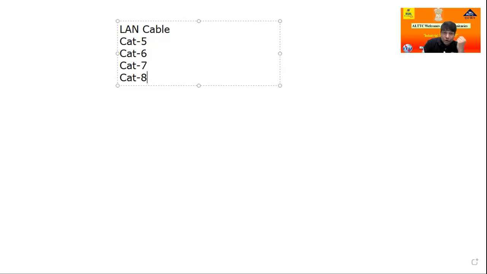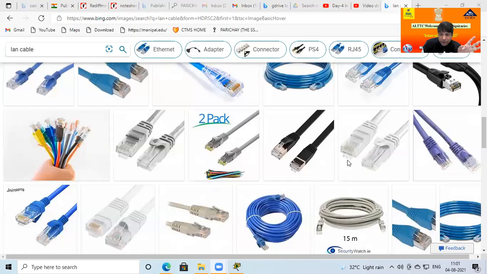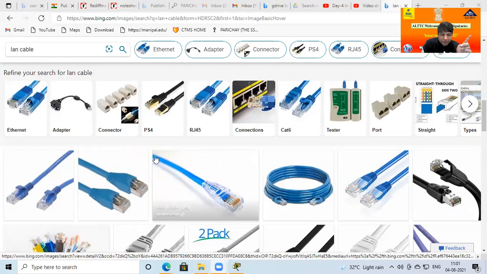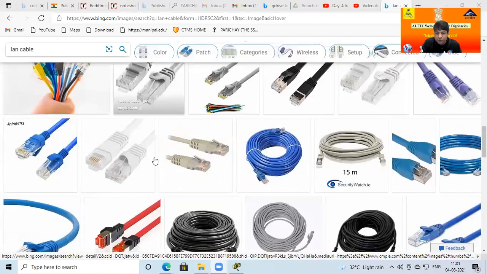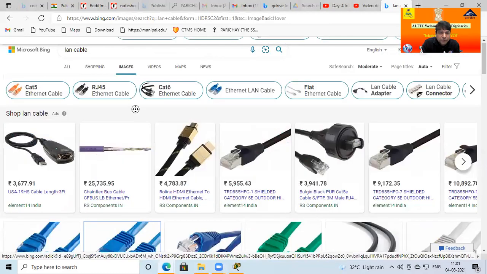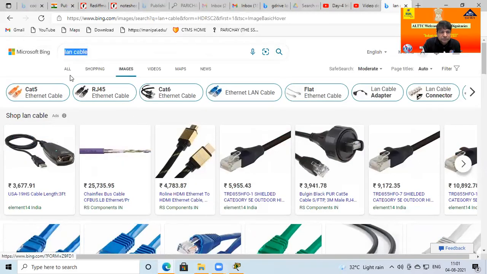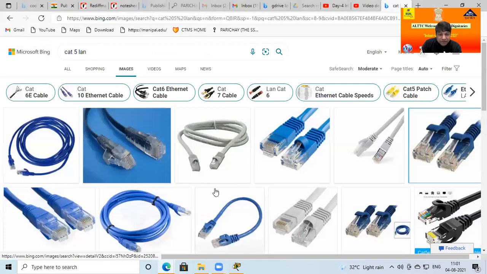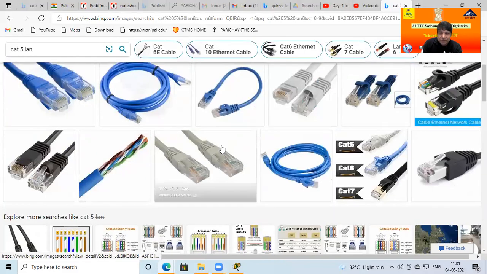Look-wise all are cables. If I ask whether this cable is Cat 5, Cat 6, or Cat 7, it is not easy to tell. I like to search more on Google. Cat 5 LAN: look-wise the Cat 5 LAN cable is very similar.